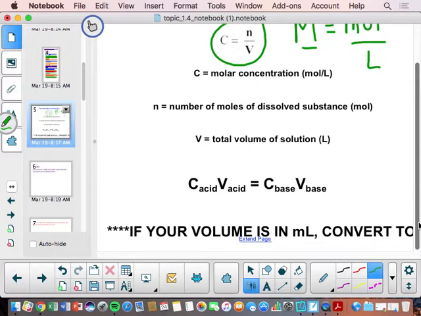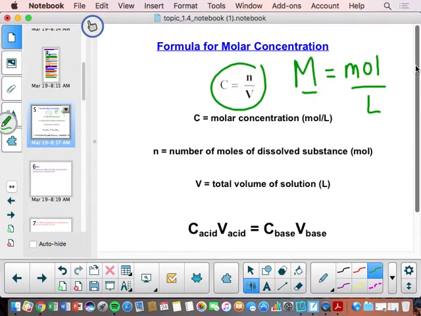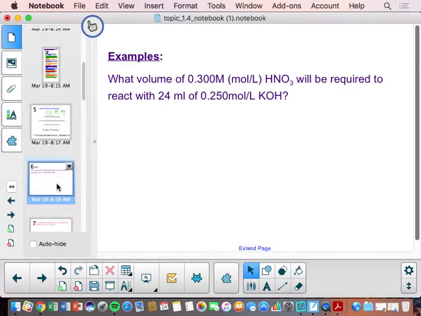Something to remember, and it says that at the bottom here, if your volume's in milliliters, make sure you always change it to liters. You guys possibly remember that? Remember, it always has to be in liters. The formula is moles over liters, not moles over milliliters. So really make sure that you have that always in liters. Okay? So let's do an example. I know that's a lot to take in, and let's try to see if we can do an example with these formulas. I'm just going to write these on the board on the side just so you